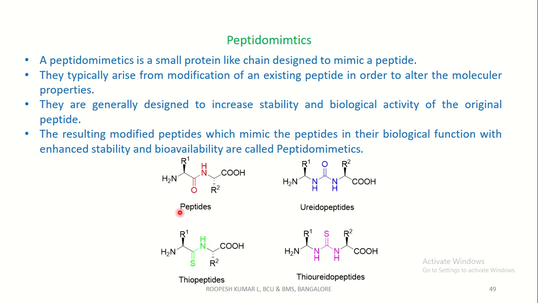And here this is a peptide. In place of peptide there is a urea moiety, hence it is called a ureidopeptide. These ureidopeptides can mimic, and these are stable and highly biologically active compounds which can mimic the peptide bond, that is which can mimic this peptide and enhance its stability and bioavailability compared to this peptide.